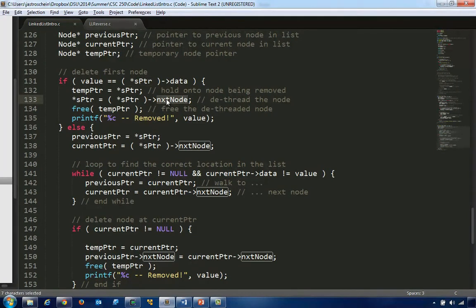Okay, a root node will have a next node member, and that's the next node in the list. And in this case, we're now going to remove that root node and link itself to its next node member. Okay, so now we're saying, well, the root node no longer points at the root, it points at the next